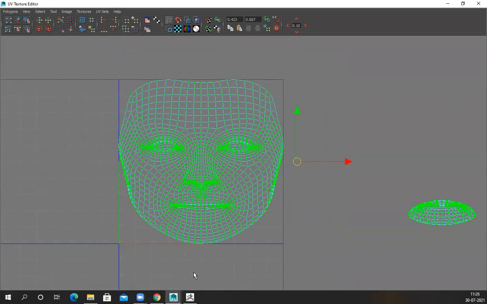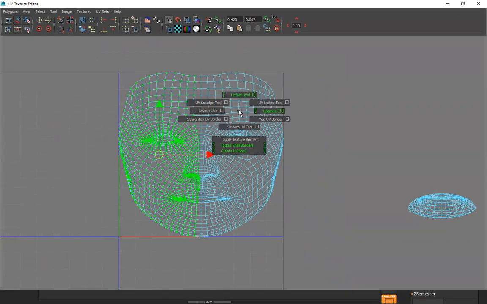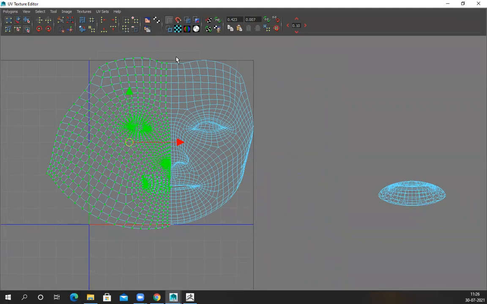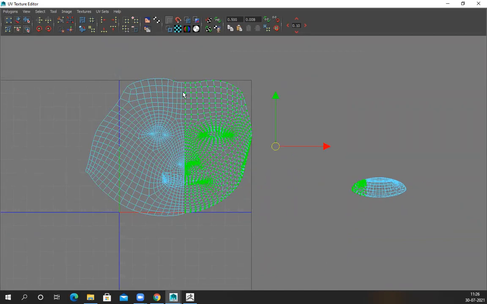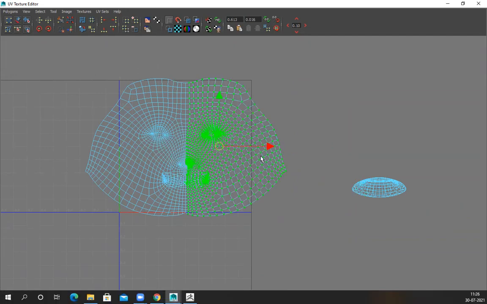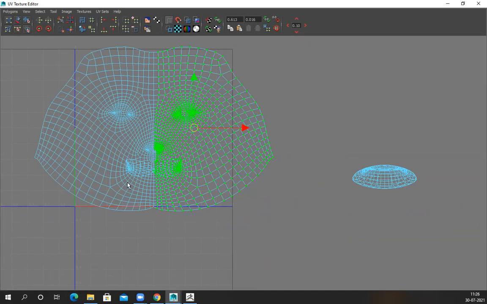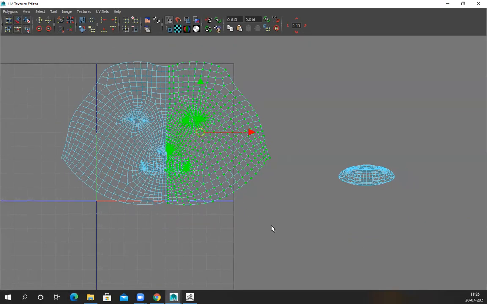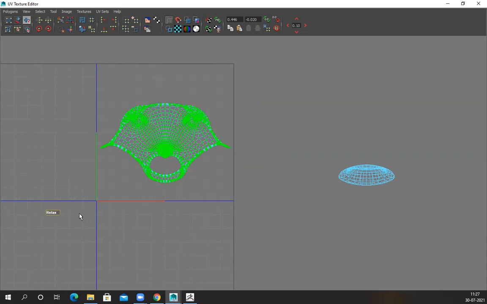Then what I have to do is unwrap this. Let's see, half of it, unfold. Inside you can see it's stretching, and that is something we have to fix now. So I can use smooth, unfold. You have unfold in 2020, and this relax, use this. Now in 2020, relax is not there, because it's useless.